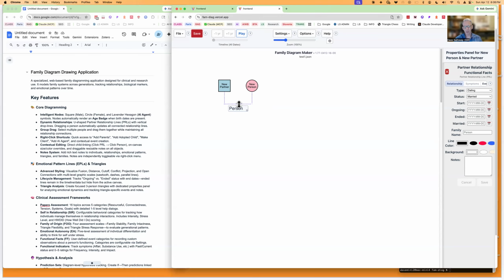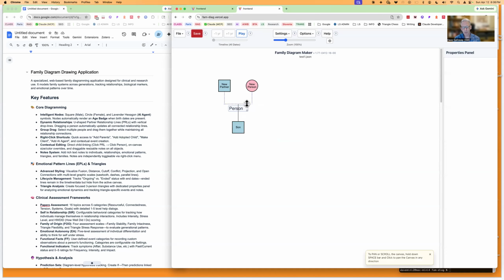You've got that line, and you can again right click and add a child: a male child, a female child, twins, triplets, miscarriage, stillbirth, or adopted child. So you can add children to this couple. We'll add a male child, but we can also, by right clicking again on that line,